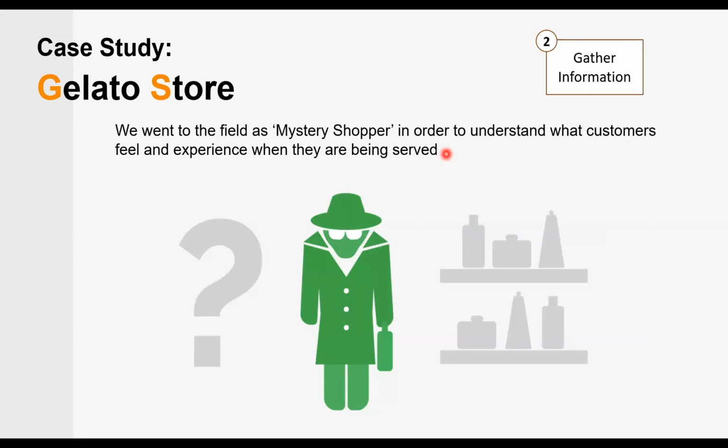If we come there as a consultant, of course, the staff, the management, the owner will give us the best service. But if we come there as an actual customer or ordinary customer, which they don't know that we're the consultant, they wouldn't be able to differentiate us, and they should be able to give us the same service level of the one written in the SOP and the one they gave during the session of the observation from the consultant.